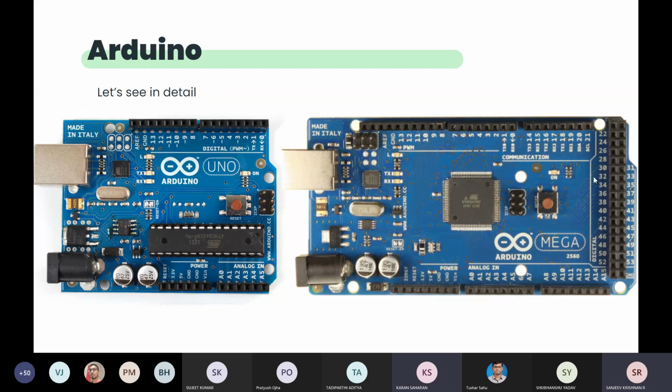So on this board, we have read about digital and analog input, analog and digital output, power pins, and interrupts. The only thing left here is communication. These RX, TX pins are marked as communication pins. So what are these communication pins? We will learn it in the second half.